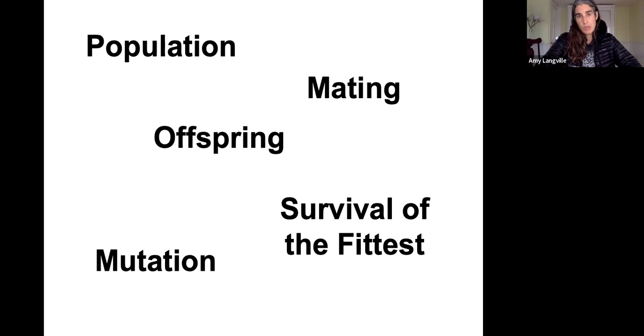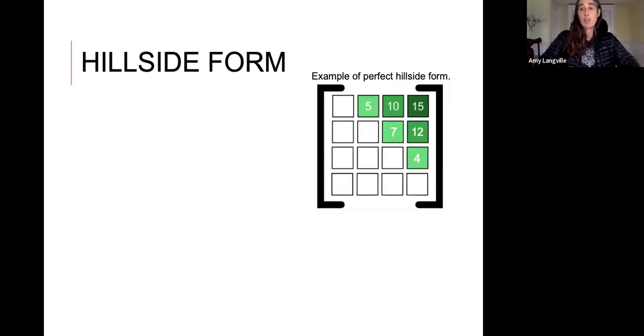And so when you're doing these projects, you're often going to be coming back to your team members and saying, okay, what does it mean to be a member of the population for this particular problem? What does it mean to be mating? What does it mean to be an offspring? So let's talk about those. We're going to talk about this through